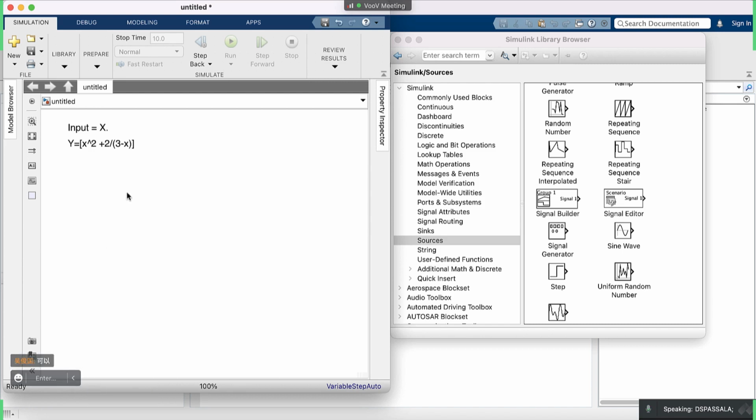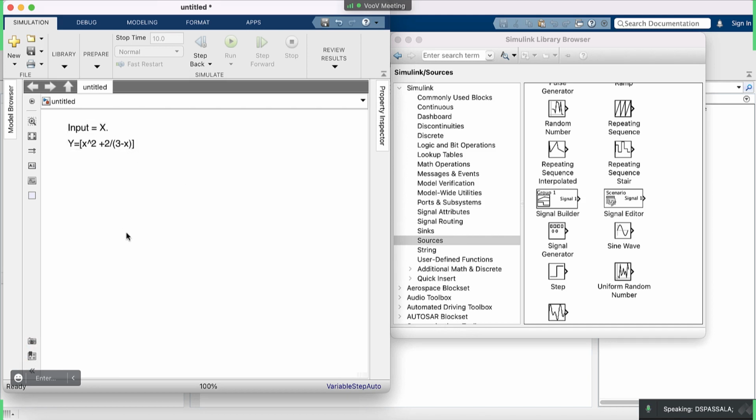Can you see my screen? Okay. 那我们试试建这样子的一个系统：x 的2次方加2除以3减 x。